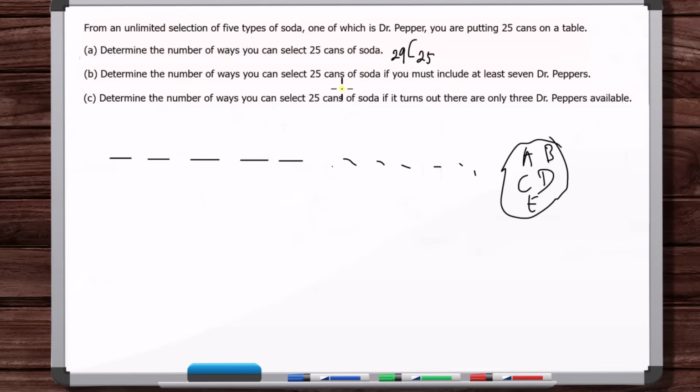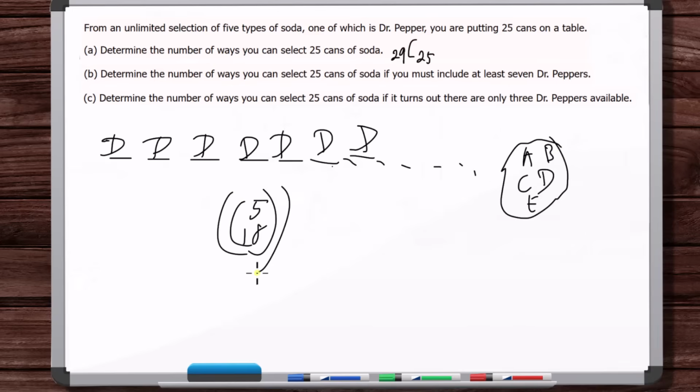Okay, determine the number of ways you can select 25 cans of soda if you must include at least 7 Dr. Peppers. So 7 are going to be Dr. Peppers. Right? We kind of went over this idea in a previous problem. All this is just, okay, we've got 18 slots left, and we could choose from 5. It's going to be choose from 5, 18 slots left. We could choose the rest to be Dr. Peppers. It's whatever. It doesn't matter. Oh, well, don't we have to account for the ordering,